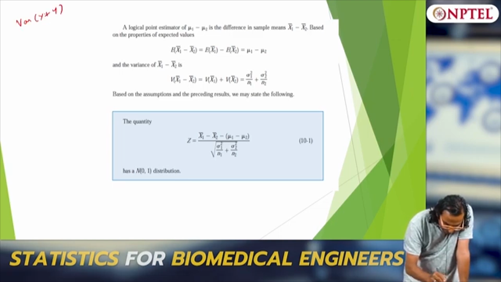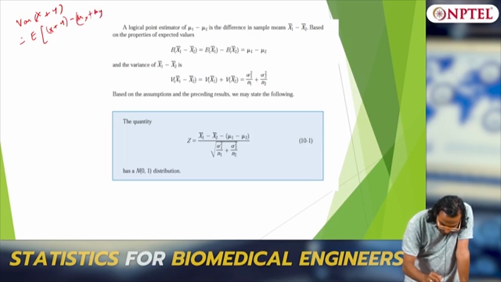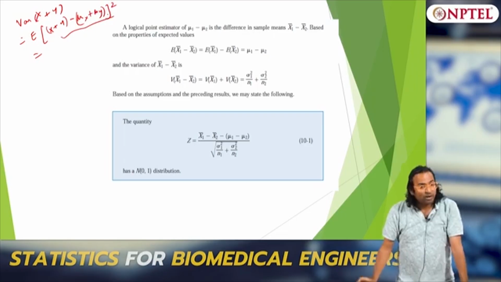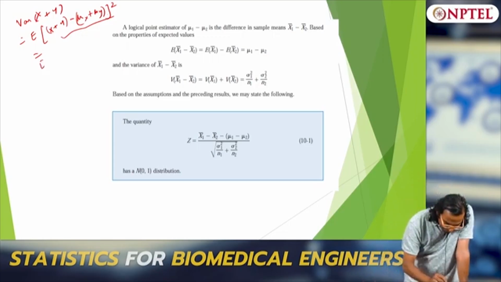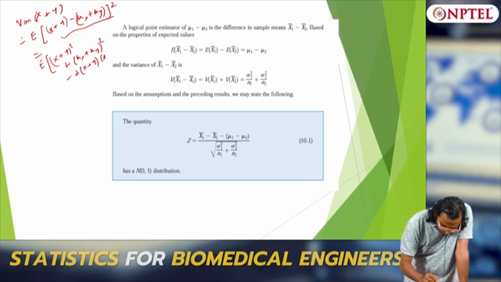How do I define the variance of x minus y? What do we do? If you do it, this is nothing but the expectation of x plus y minus mu x, this is a minus b the whole square, alright. When you do this, you would have the expectation of x plus y the whole square plus mu x plus mu y the whole square minus 2 into x plus y into mu x plus,